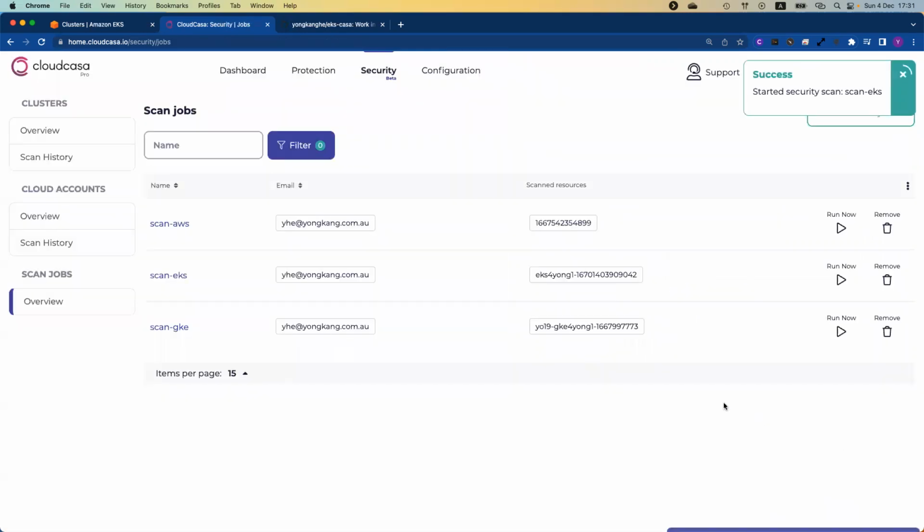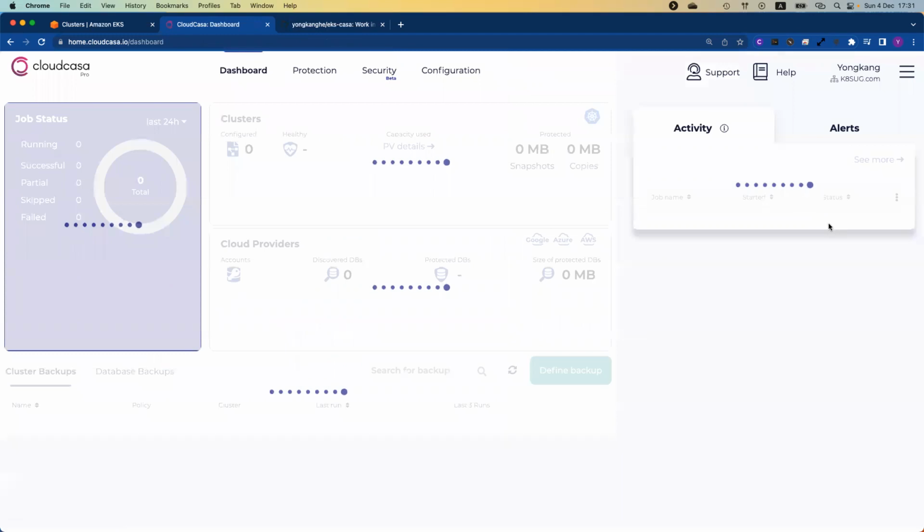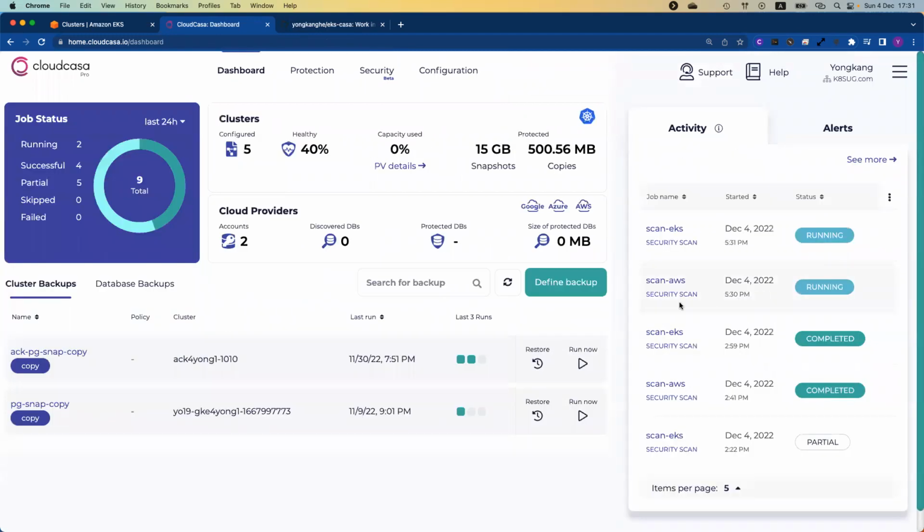Once you click all of these, you can see your job is already running. If I go back to the dashboard, under the activities tab, you can see I have 2 jobs running. One is the AWS security scan, the other one is the EKS security scan. Once the job finishes, you will see